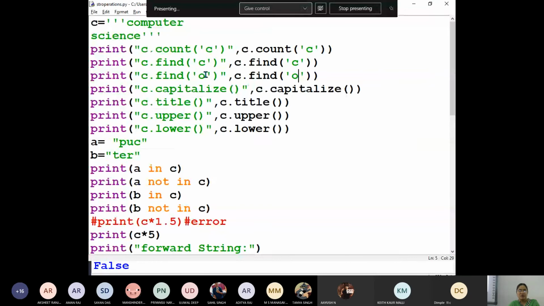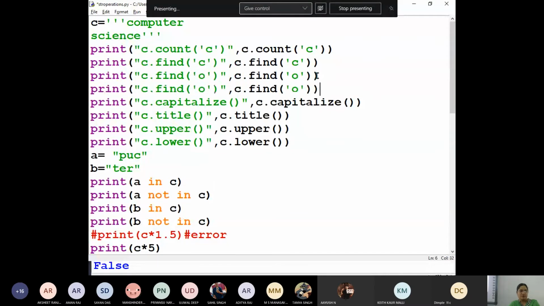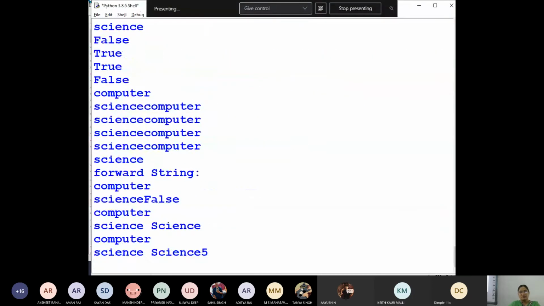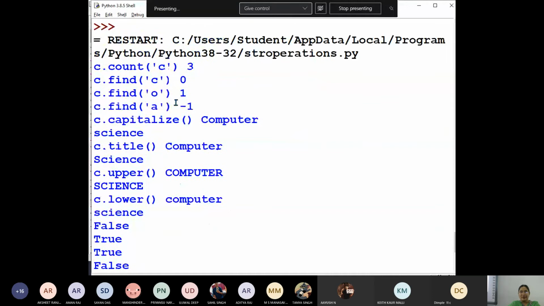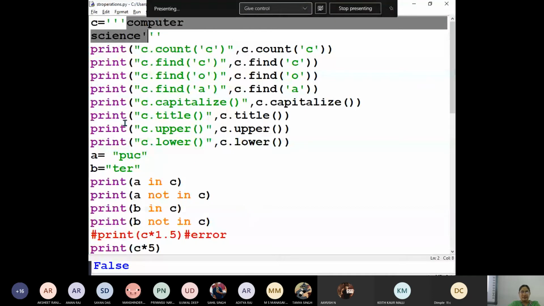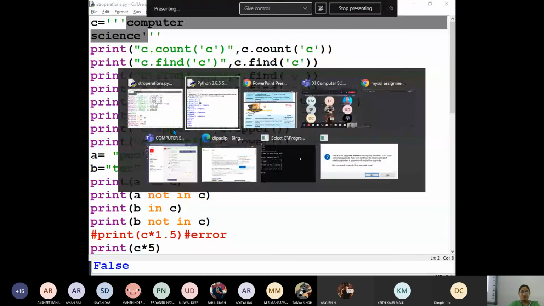Okay. Suppose if I am writing A, is this in the string? Yes or no? A is there in the string? Computer science के अंदर ये character है. No, ma'am. No. So then what should I get? What do we get? -1. -1 is to indicate it does not exist in the given string.